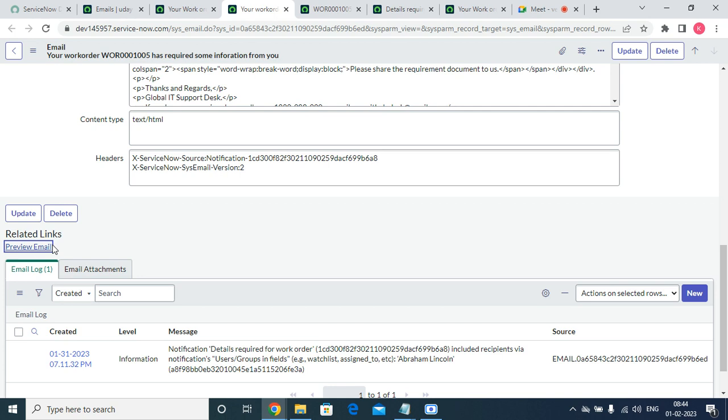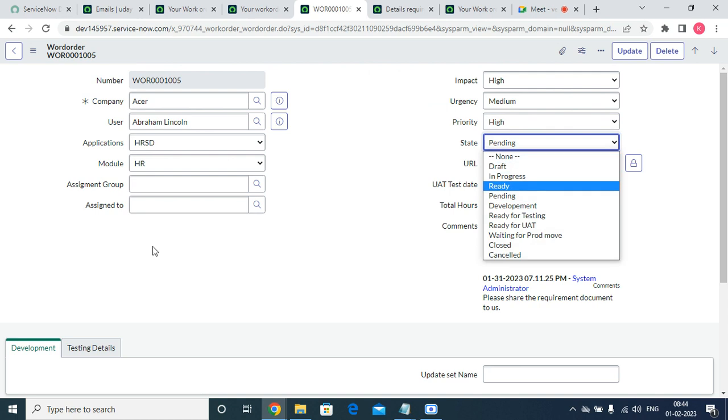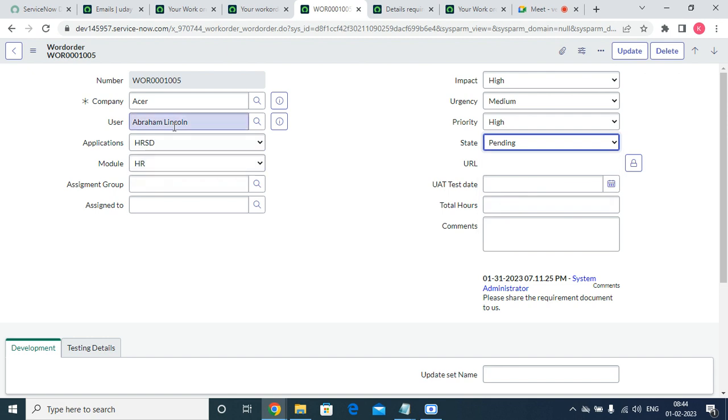What we have to do is this: this is the class for today. Kindly note the task for today. Create an email whenever it is created, with at least 5 to 6 fields. And next, whenever it is pending, it has to go to the user in the field. And also whenever the state changes to in progress and it is assigned to somebody, it goes to the assigned to user stating that your incident and work order has been assigned to you. Kindly please check. And the email contains